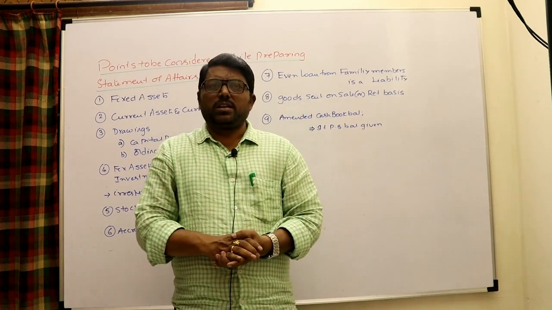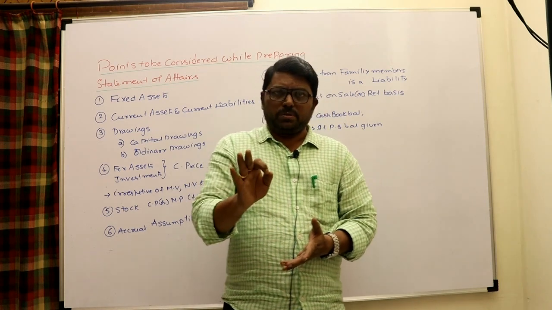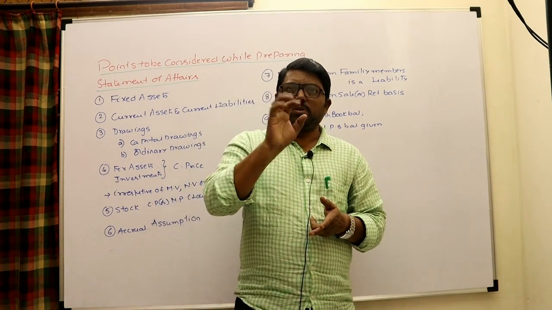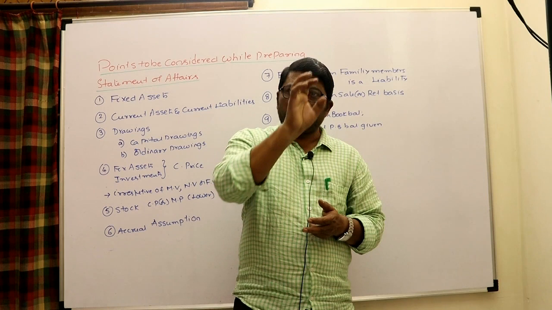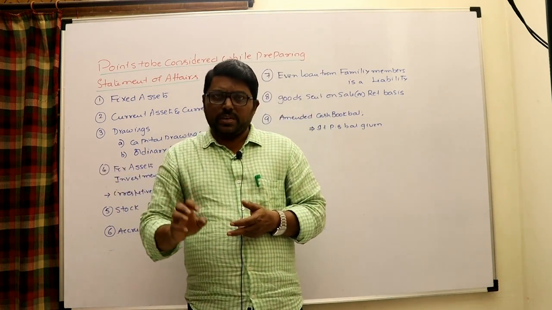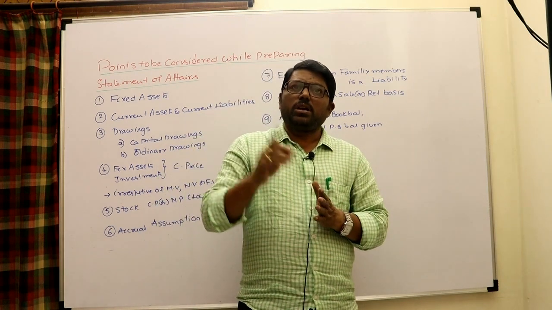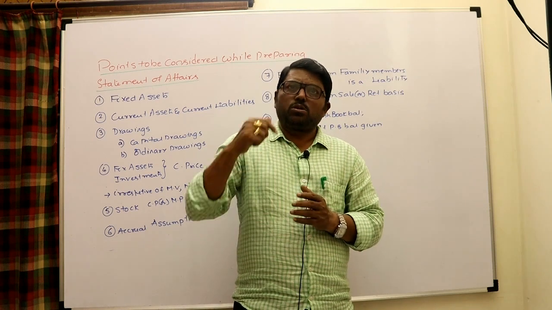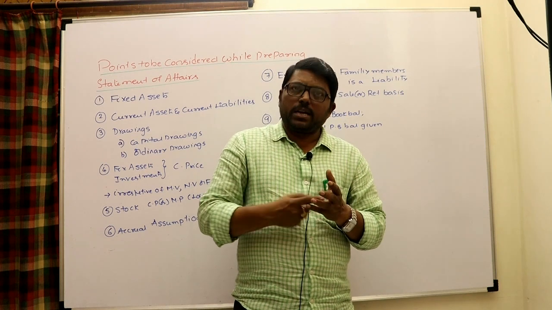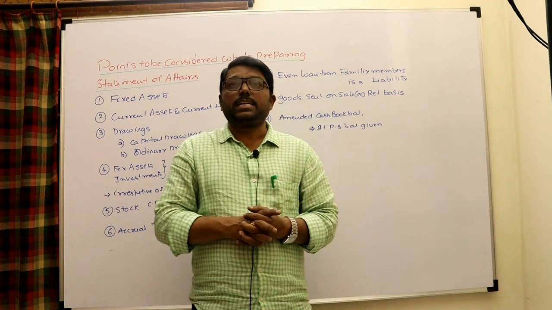At the end, what I can simply say regarding the single entry system: in single entry system, profit can be known by the capital comparison method, statement of affairs method, or net worth method. You can prepare a simple opening statement of affairs, assets minus liabilities, giving net worth or capital. You can prepare a closing statement of affairs, assets minus liabilities, net worth, capital. When opening capital and closing capital are both available, you can have a statement of profit. So closing capital, add drawings during this year, less opening capital and additional capital. The result is known as trading profit.